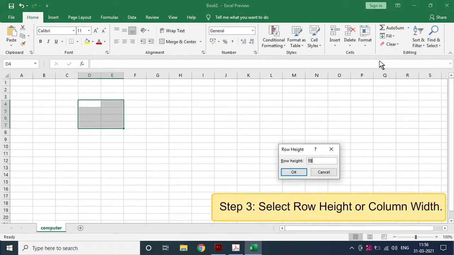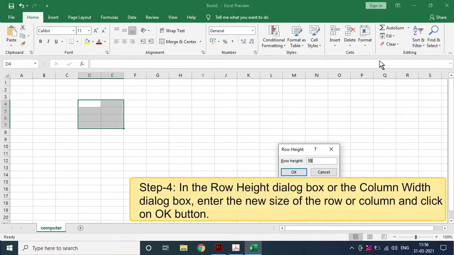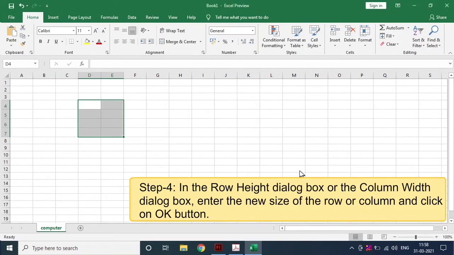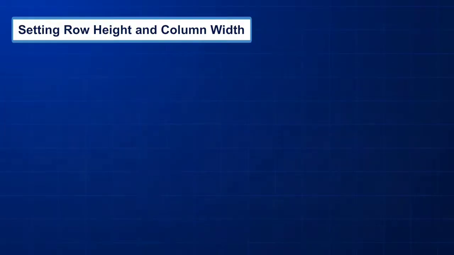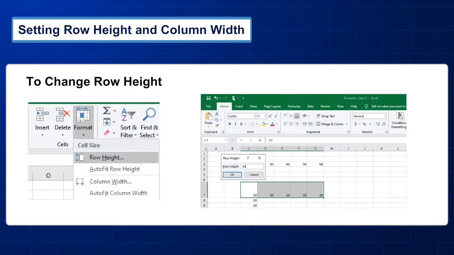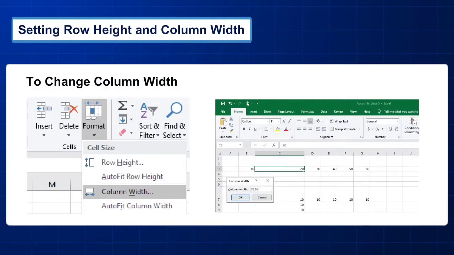Step 3. Select row height or column width. Step 4. In the row height dialog box or the column width dialog box, enter the new size of the row or a column and click on OK button. To change row height, to change column width.